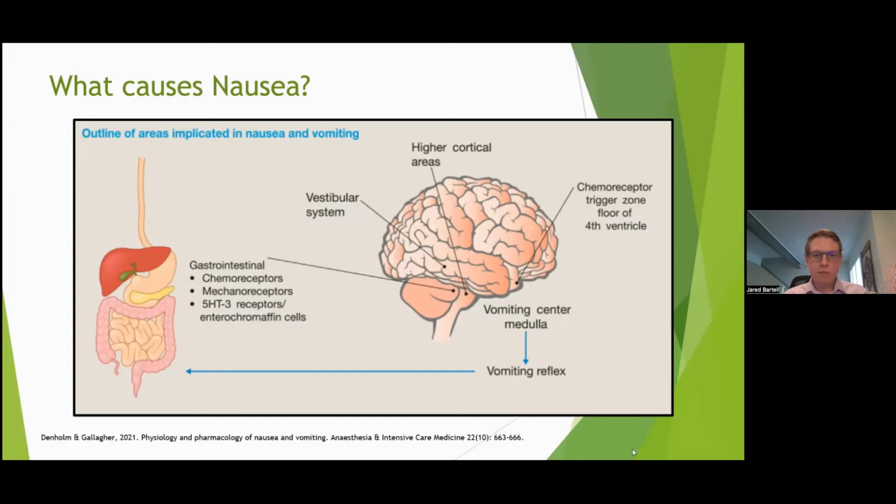And the vestibular nerve, which is the same nerve as what we hear with, releases acetylcholine and also histamine from that nerve to the brainstem, which then can cause nausea and a cascade of other symptoms related to motion sickness. And then you can also have triggering of nausea from signals in the cortex, the higher cortical areas here. I keep pointing you to the wrong side of the screen, but